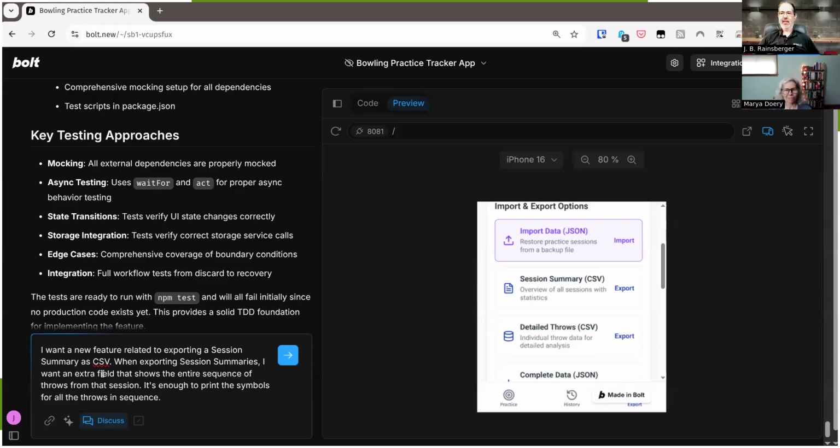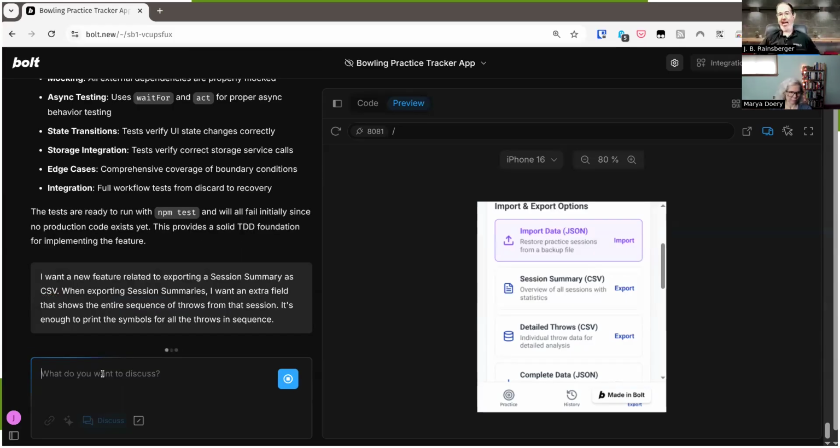One of the things I have to remember, and am slowly getting used to remembering, is that iterating with these tools is really quick compared to iterating with a human. If I explain this to a human and they don't understand me, the amount of effort it takes to come to shared understanding seems higher and feels more intense. Whereas here, if Bolt doesn't quite understand me, the worst thing that happens is I go make coffee, come back when I have energy, and try again. Otherwise, the iterating is pretty quick. So let's see what kind of plan it comes up with.